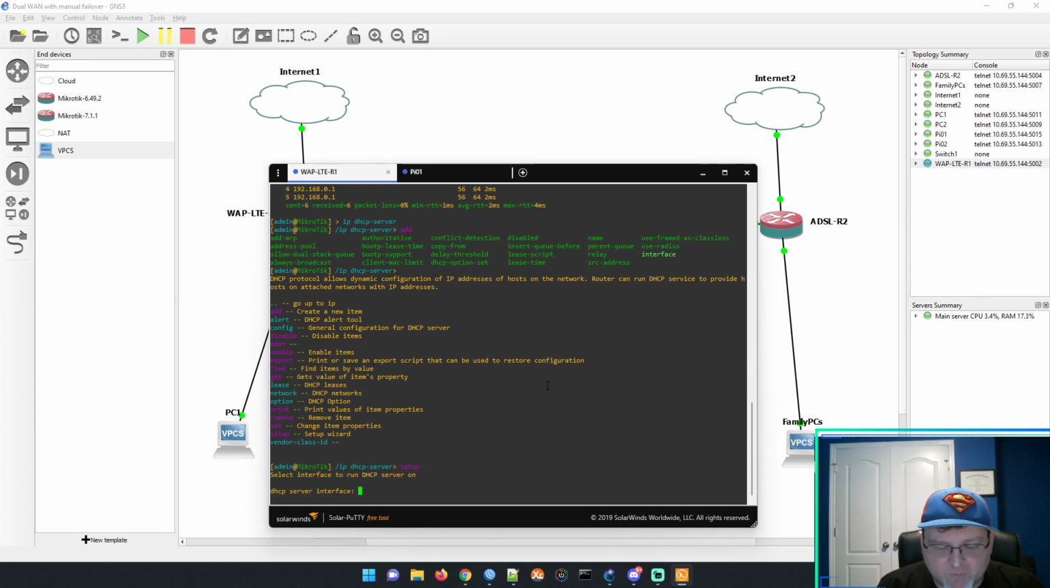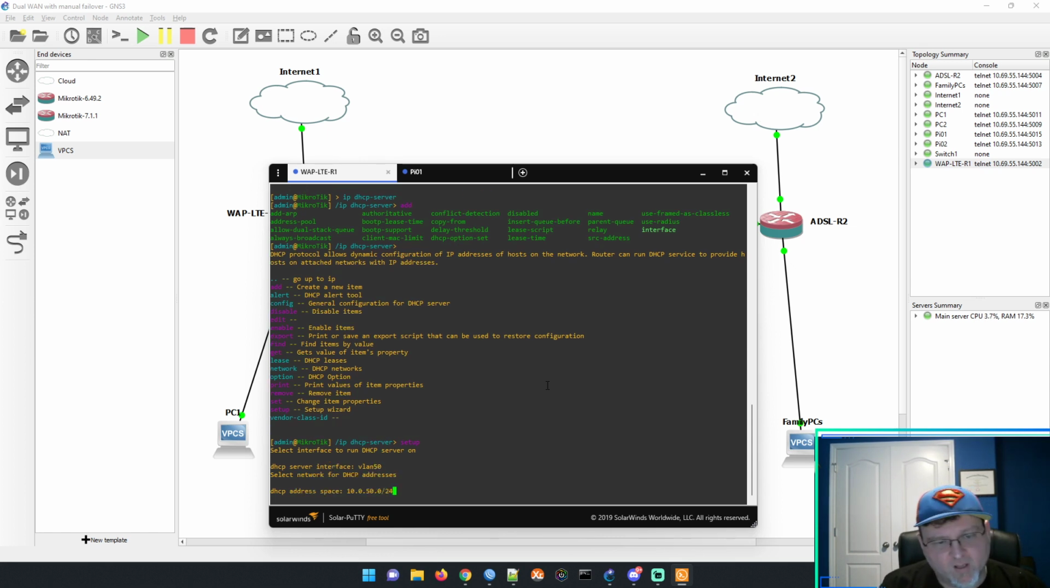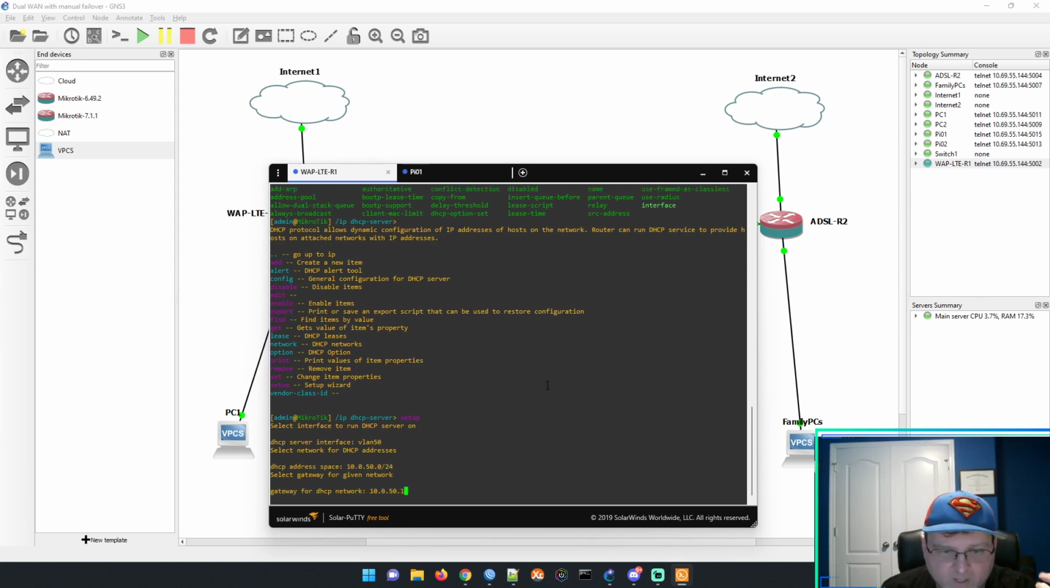Now, in Mikrotik's world, an interface is an interface, be it logical or physical. So a VLAN interface is a logical interface. So we're setting up the DHCP server for VLAN 50. It shows the address space, which is correct. The gateway, which is going to be this router,